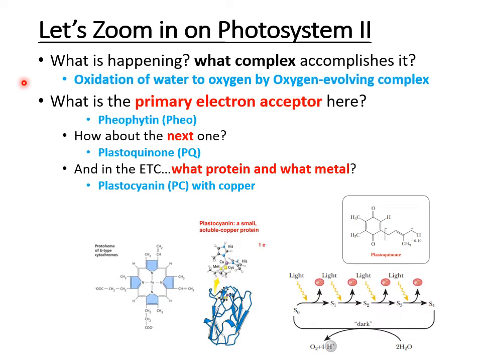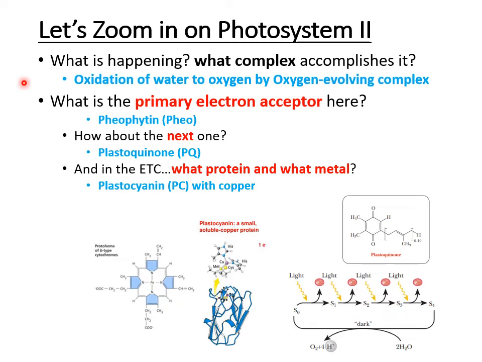Now, when we are looking at photosystem 2, that oxygen evolving complex that I just mentioned is basically a complex that's going to pass through a series of 5 oxidation states